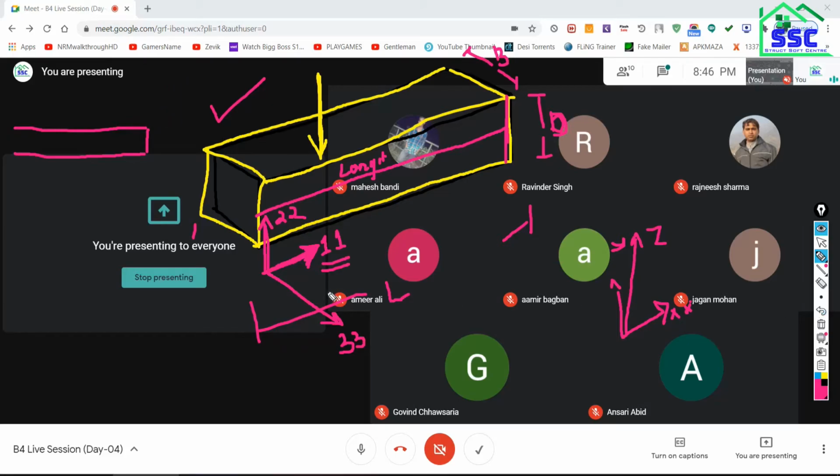So if there is a beam like this, supported like this, and the beam is loaded at its center, due to this loading there will be shear force at the support. The shear force diagram will be like this, and due to this shear force there will be development of cracks.